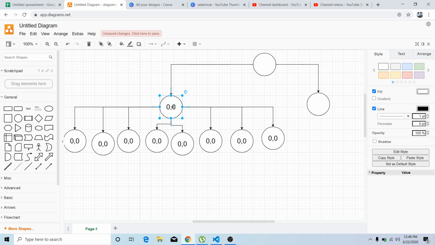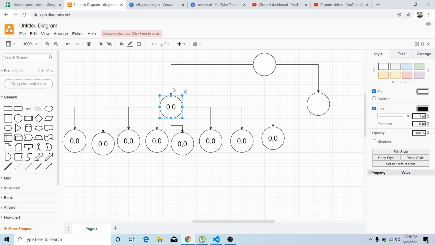If 0 comma 0 is the position we are starting from, what are the 8 possibilities? 2 rows upward and 1 column leftward, 2 rows upward and 1 column rightward, or otherwise 2 columns leftward and 1 row upward, 2 columns rightward and 1 row upward, or 2 columns leftward and 1 row downward, 2 columns rightward and 1 row downward, or otherwise 2 rows downward and 1 column leftward, then 2 rows downward and 1 column rightward. All these are the possibilities.